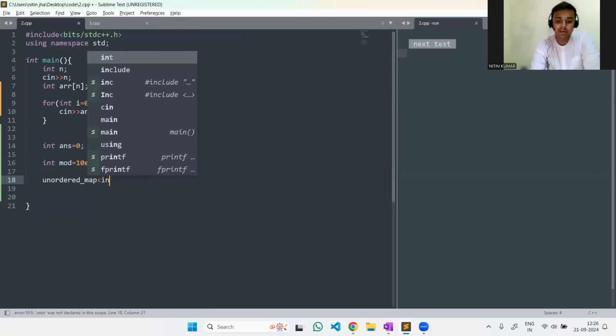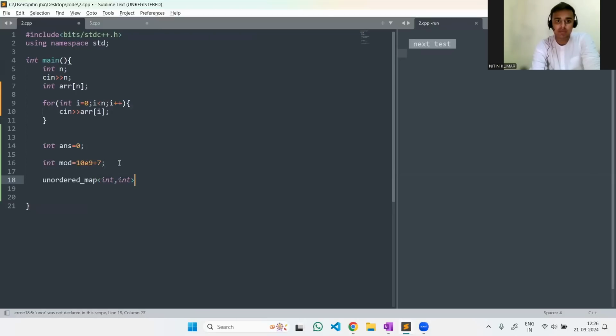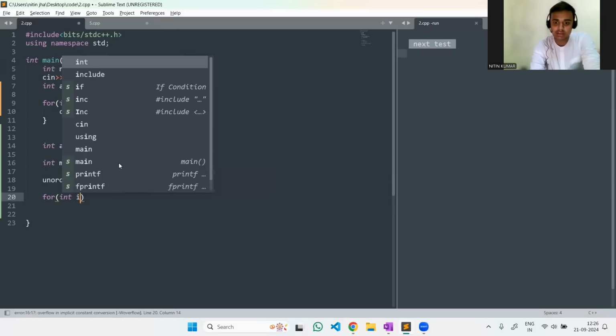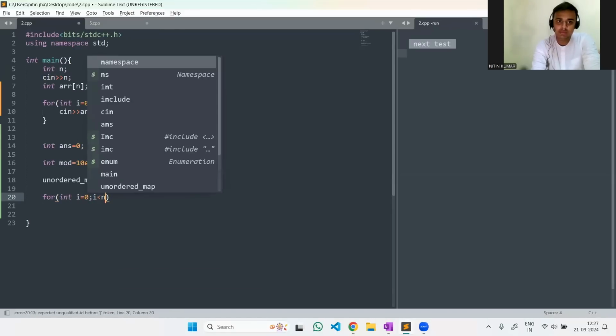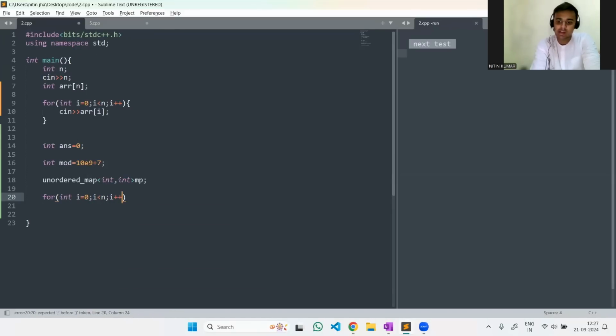I'm creating an unordered map where both key and value are of integer type. Now I'm going to iterate over the array once, and whatever value I am on, I will consider it to be a, because a + b equals 60, the formula we used here. So the same formula will be implemented here also. So what is the thing I'm going to do? Nothing but just